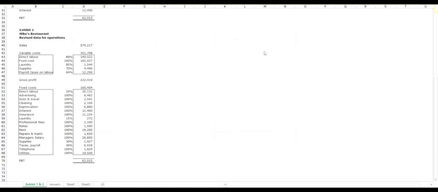The data that you see in front of you at the moment is the information given from Exhibit 2 in the case study. And if you recall, this is the data where all the variable costs are neatly put together and all the fixed costs are put together. So let's bring in here